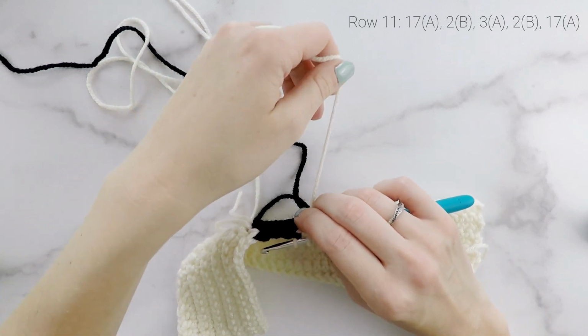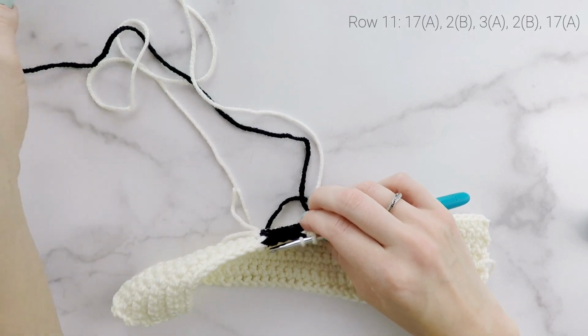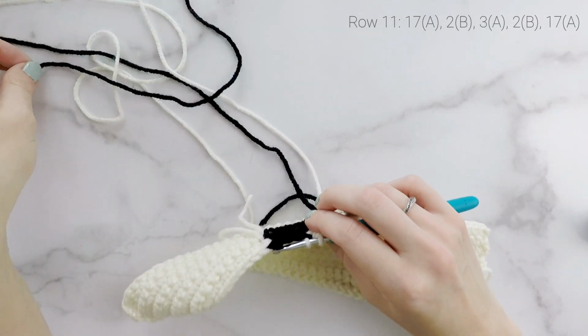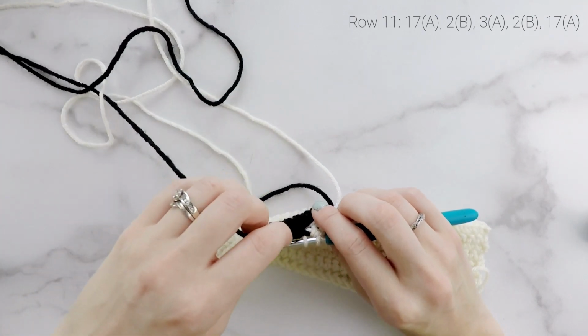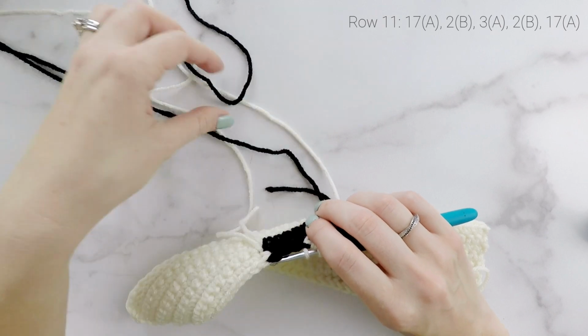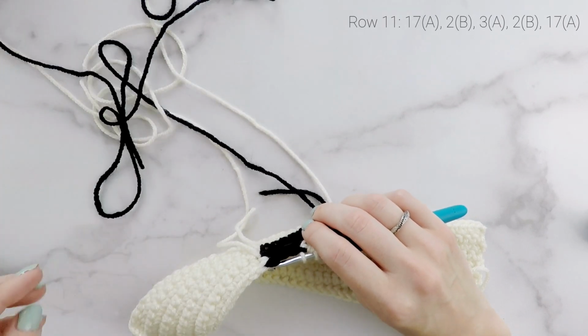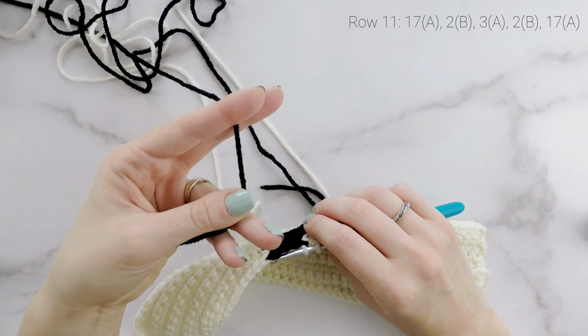I'm going to drop it, and then this is the point where we need our second bobbin in color B. So I'm going to grab another bobbin. Seeing as now this is 3 stitches away, that's a little too far for my comfort to reach that other bobbin over, so I'm going to start a new bobbin. I don't know if I can find my tail end here. Okay, so I'm starting off my second bobbin of color B,